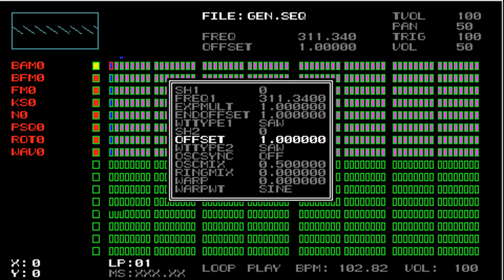Okay, now moving on, let's look at the osmix parameter. So osmix is right here. This value sets how much oscillator 1 and oscillator 2 are mixed into the generator's output. If it's 0.5, then the output comes equally from oscillator 1 and 2. If it's 1.0, then all of the output comes from oscillator 1, and if it's 0.0, all the output comes